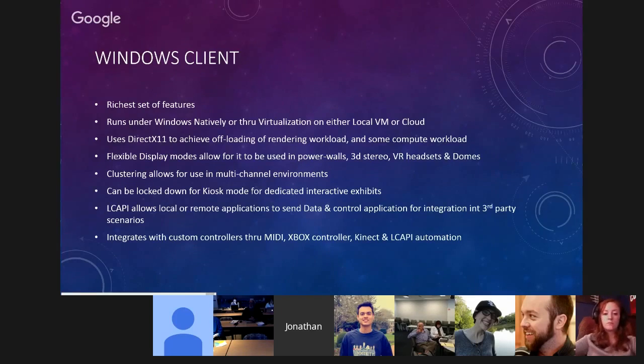We have flexible display modes in the Windows client that allow it to be used in power walls, 3D stereo, things like Oculus headsets, as well as full dome environments. The clustering allows you to have several different Worldwide Telescope machines that all run in parallel with each other, all controlled by a master. And this can be used for full dome environments, for running master-slave situations in kiosks, for being able to have